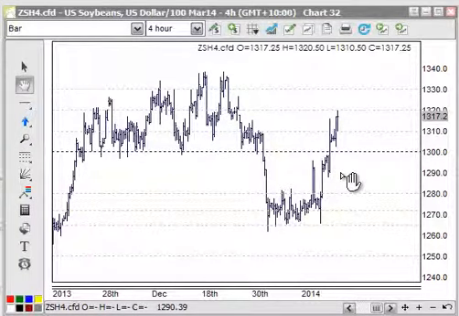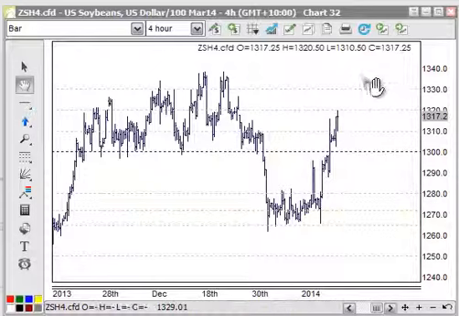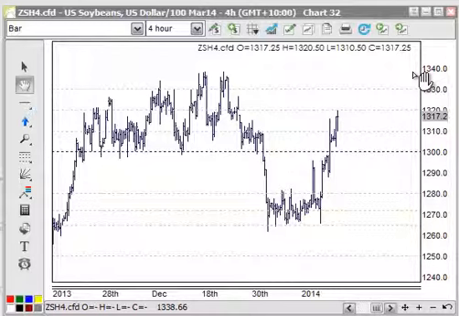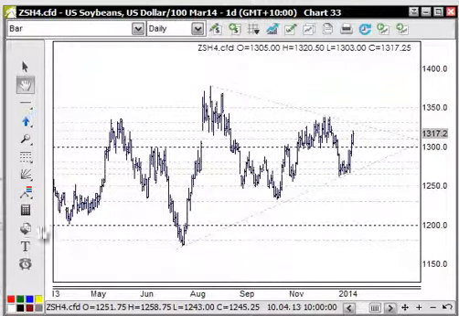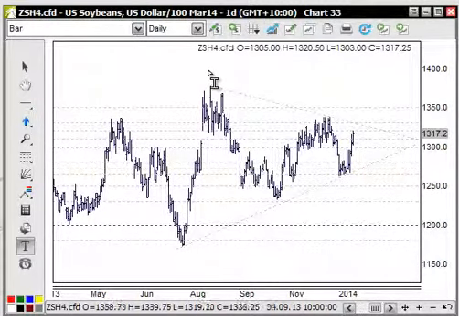It's not very clean to count and all the rest of it, but it will have some type of consolidation in here. And this consolidation is what I'm interested in, because if it does consolidate in this area through here and then breaks higher, then that's where we'll take the trade and start building to the long side. And that would give us a much more bullish picture, because it would give us this up here for